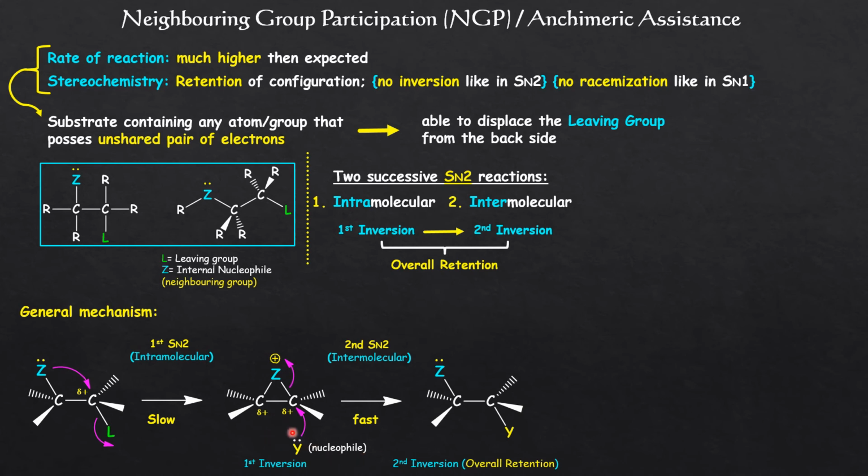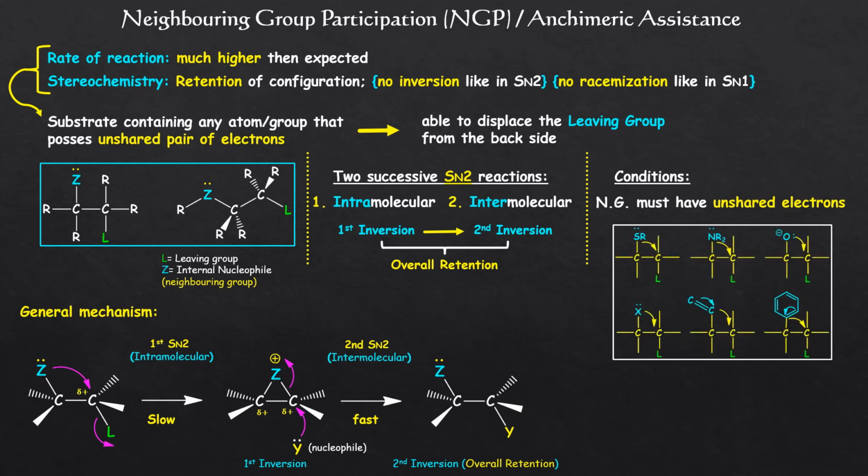If the molecule is symmetrical, then the external nucleophile can attack either of these two delta positive carbons to give two isomeric products. So from this reaction, we got the idea that there are two conditions to carry out this reaction. The first point is the neighboring group must have electrons to form an extra bond. These may be unshared pairs on atoms like sulfur, nitrogen, oxygen or halogen, and also pi electrons of a double bond or aromatic ring. The second condition is the neighboring group must be present at the opposite side of the leaving group so that it can undergo an SN2 mechanism.